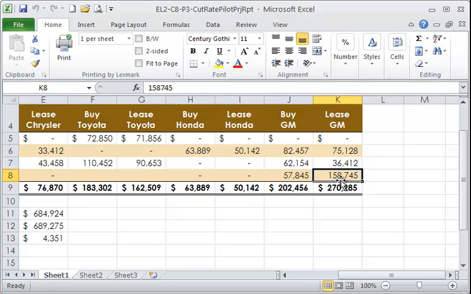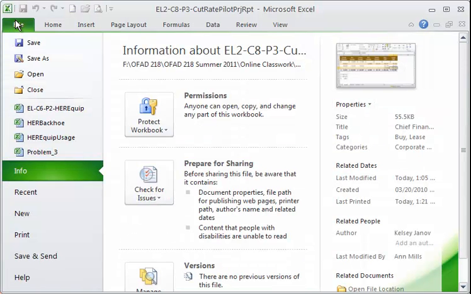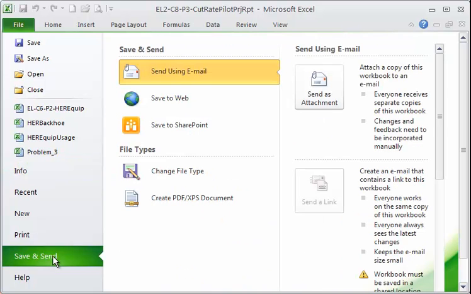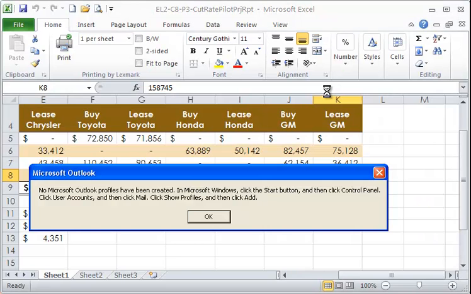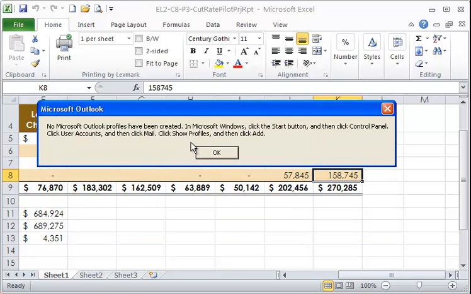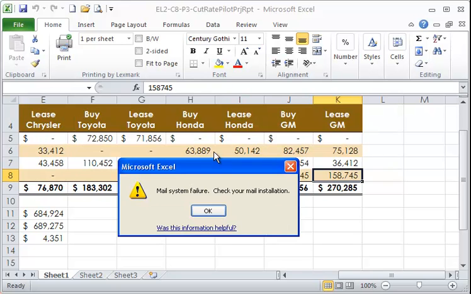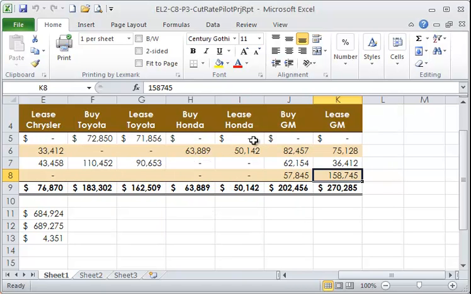But to go through those steps, you can go through the File tab, and again, save and send, and then send using email, that category, and then you'll notice on the right hand side, attach a copy of this workbook to an email, send as an attachment. This is where mine stops, but if you were hooked up to Microsoft Outlook and already had that configured, it would take you directly into Microsoft Outlook, which would appear very similar to what you see at the top of